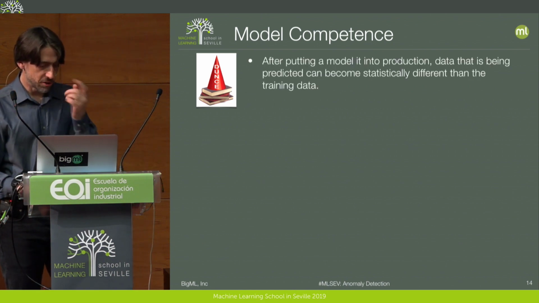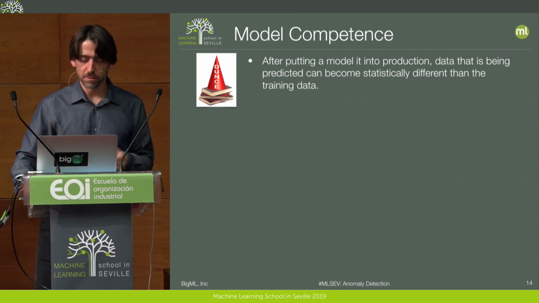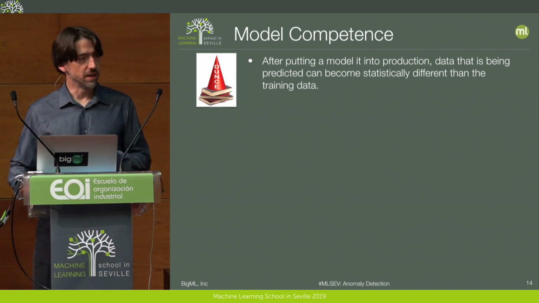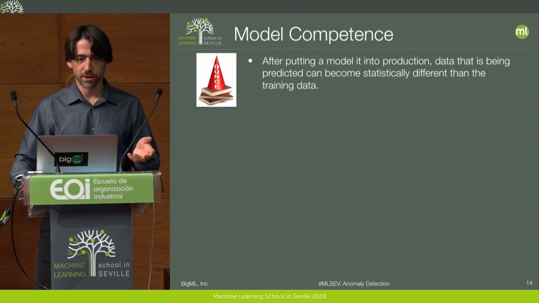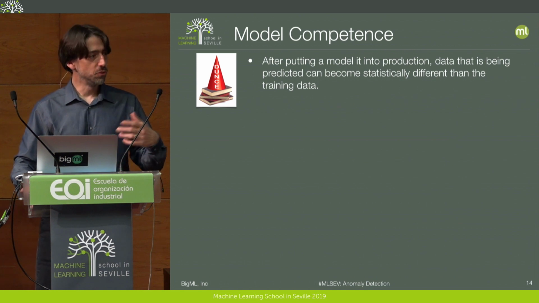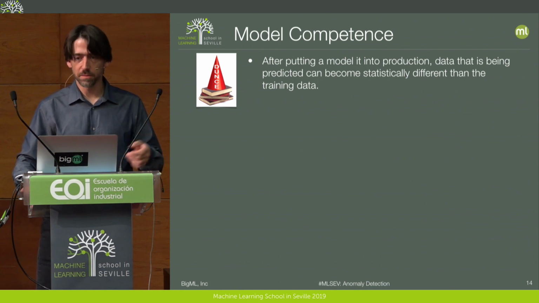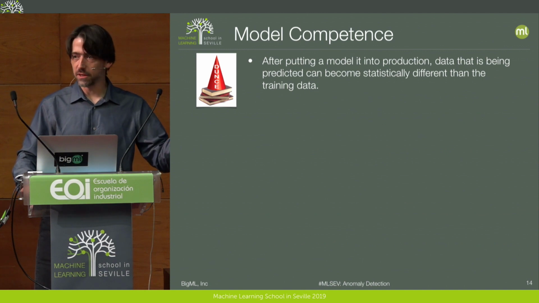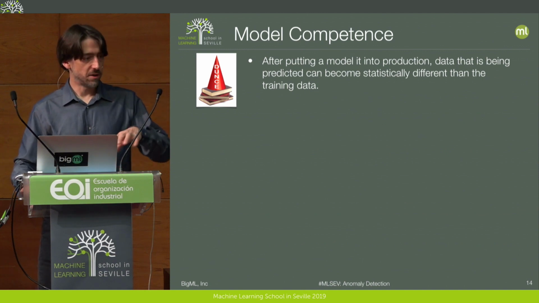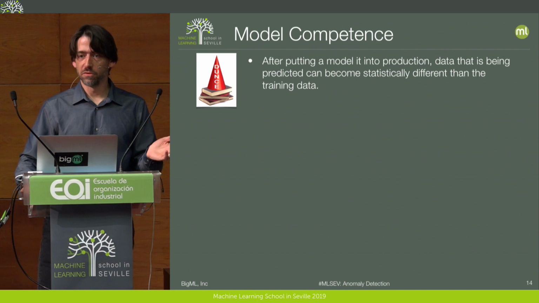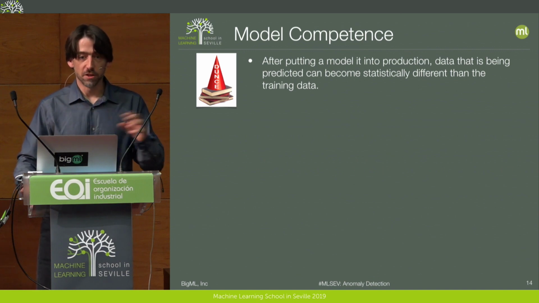Okay, so model competence, this one is useful enough that I'll spend a few minutes longer on it. After you put a model into production, data that's being predicted can become statistically different than the training data. This is why you have to retrain periodically. What I mean is that, let's say you run a company that makes loans, and you build a model that predicts the likelihood these loans will be paid back, and it turns out that while you were building this data set, nobody over the age of 50 applied for a loan, and you put that model into production,